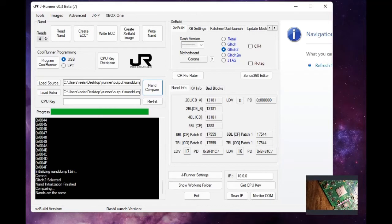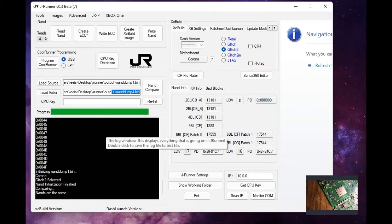Alright, ladies and gentlemen, we're back. We have successfully read our NAND. We've dumped it 4 times. So what we're going to do now, just to get this Modchip out of the way, or not the Modchip, the programmer,